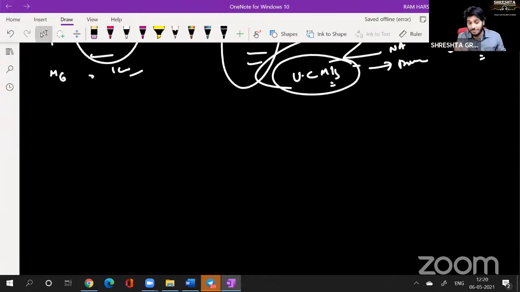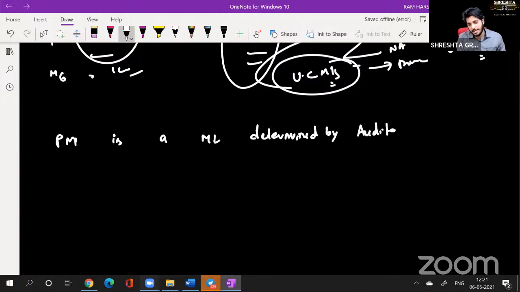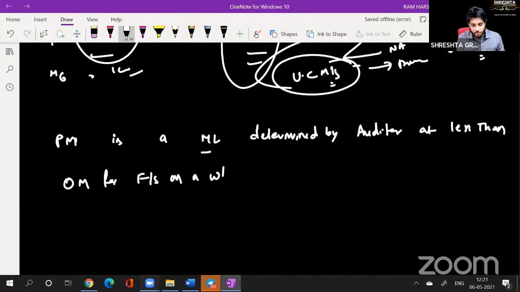So now once again, look at the definition of performance materiality. So I hope now you understood the concept of triviality level also. Now once again, I will write the definition of performance materiality. Then we'll link up whatever we understood with the definition. Performance materiality is a materiality level determined by auditor. It's a materiality level determined by auditor at less than overall materiality for financial statements as a whole, in order to reduce